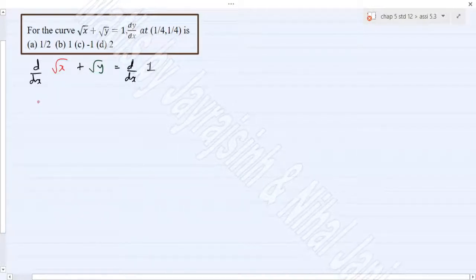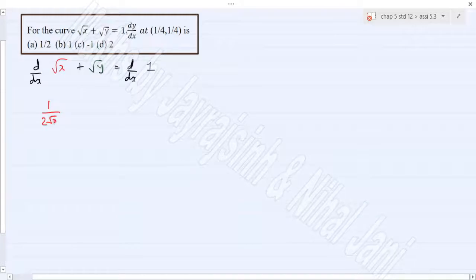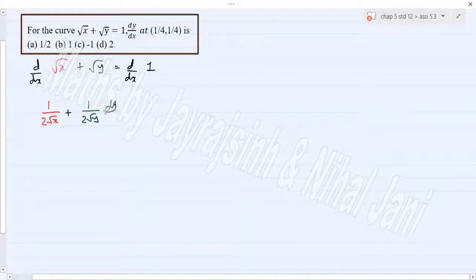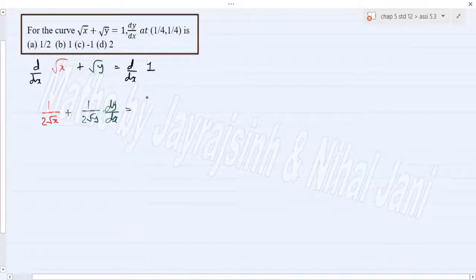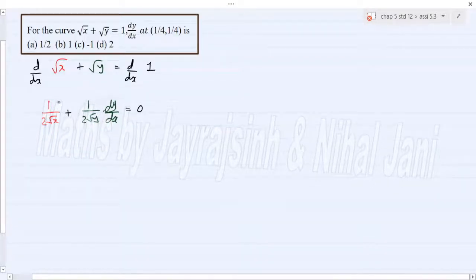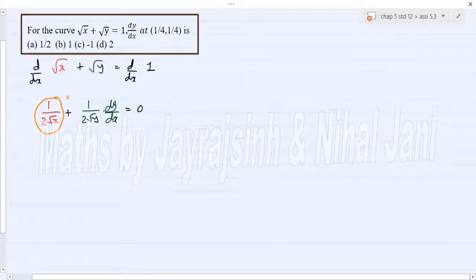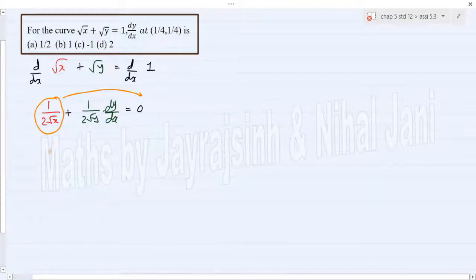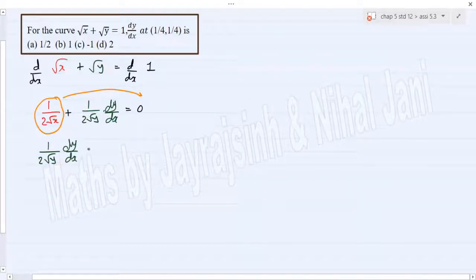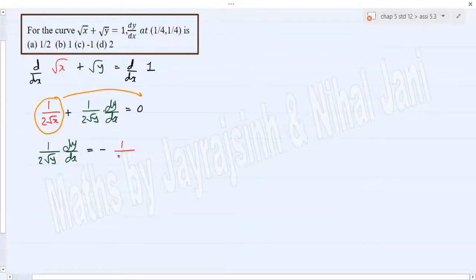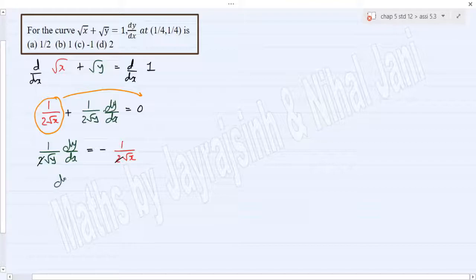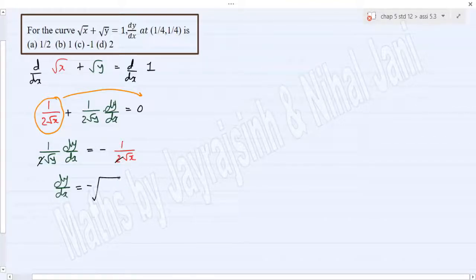So differentiation of root x is simply 1 upon 2 root x plus differentiation of root y is 1 upon 2 root y into dy by dx. Differentiation of 1 is 0. So if we have to make dy by dx the subject, we should take 1 upon 2 root x to the right side. So on the left side we will get 1 upon 2 root y dy by dx is equal to minus 1 upon 2 root x. So this 2 will cancel out, we will get dy by dx is equal to minus under root of y